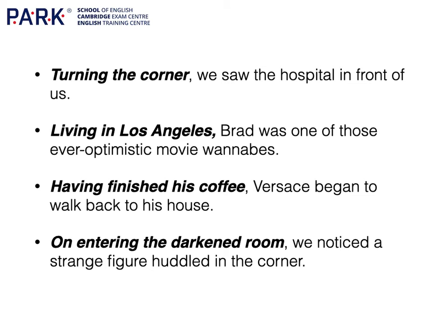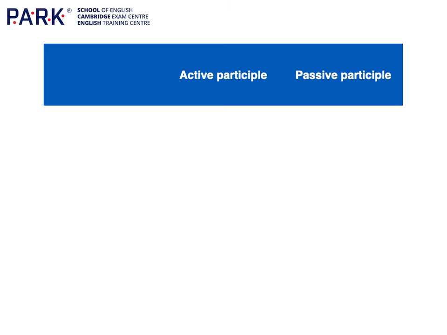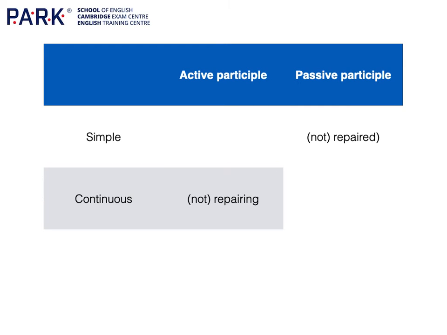Okay, now how do you make a participle clause? It's simple. You need a participle. So for example, you can use a simple participle, or a passive participle. Not repaired, the car didn't work. Or you can say repairing the car, or not being repaired, the car